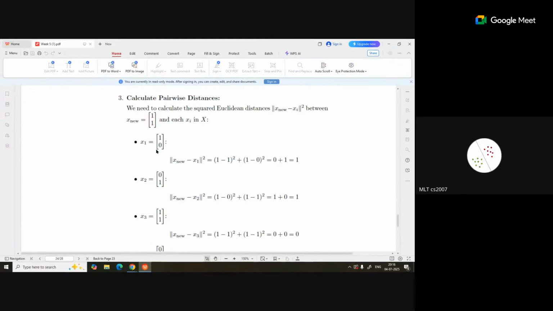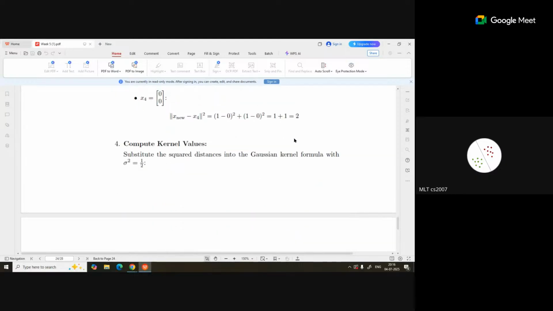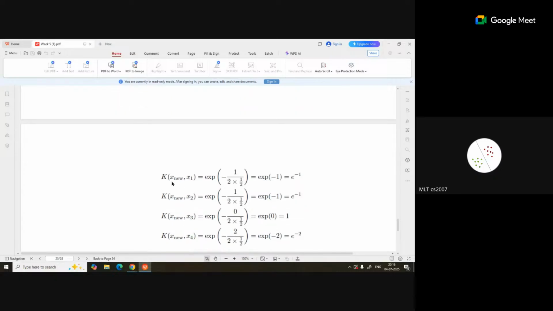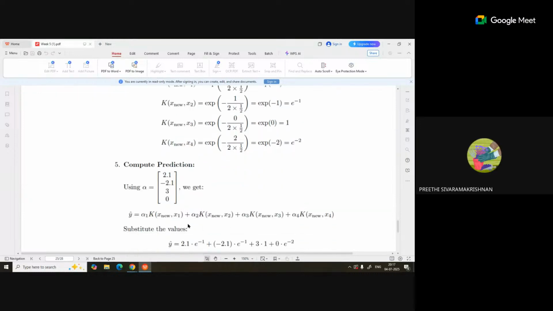Like for the first data point 1 0, this is going to be the numerator part, right? x nu minus x1 square. And likewise, we have found this out for each of the data points, and then we have found the kernel values. So e to the power minus 1 by 2 sigma square, and all of these values are e to the power minus 1 for the first data point, second, third, and the fourth. And the prediction will be